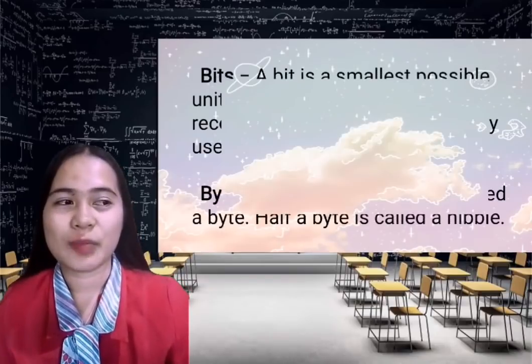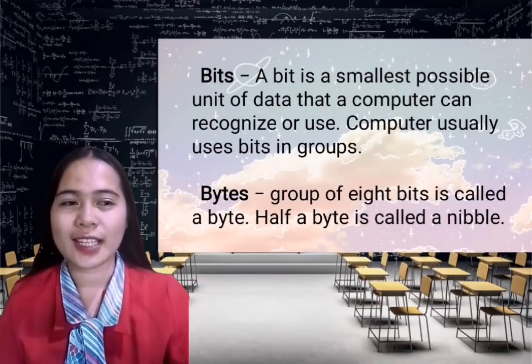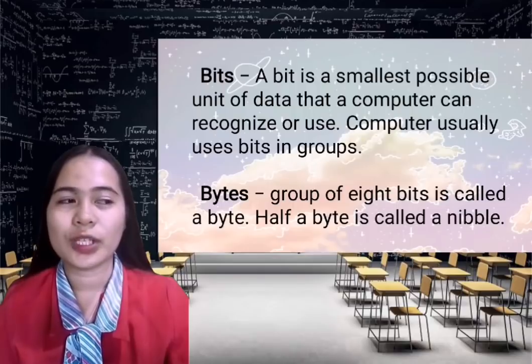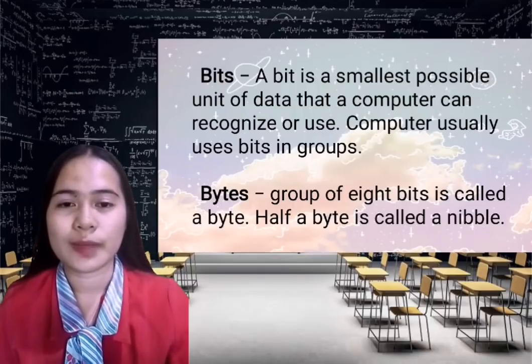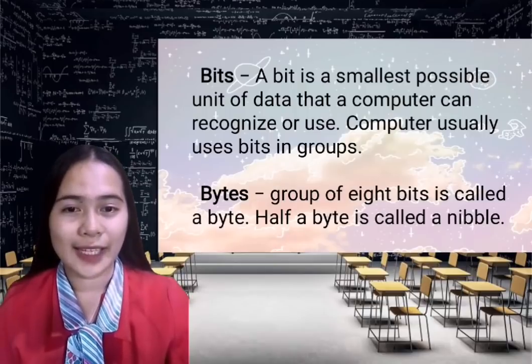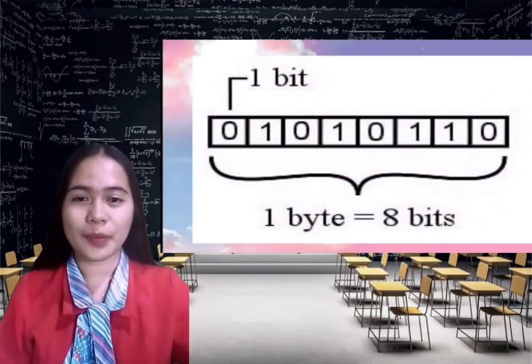So a bit is the smallest possible unit of data that a computer can recognize or use. Computers usually use bits in groups, while a group of 8 bits is called a byte. Half a byte is called a nibble. So I have here an example,